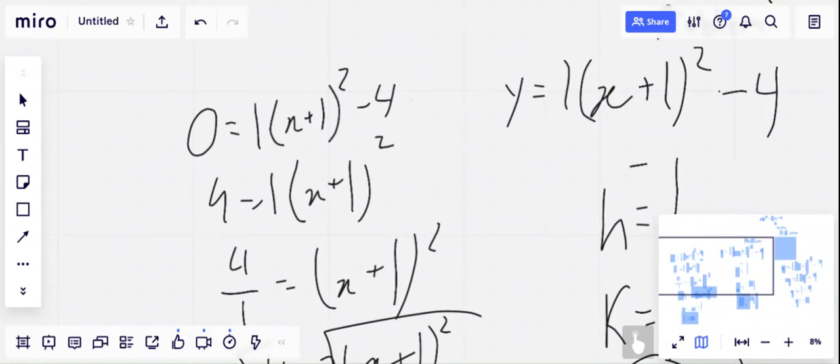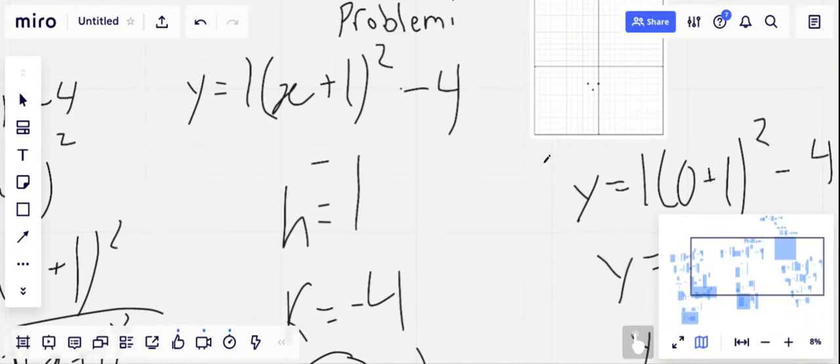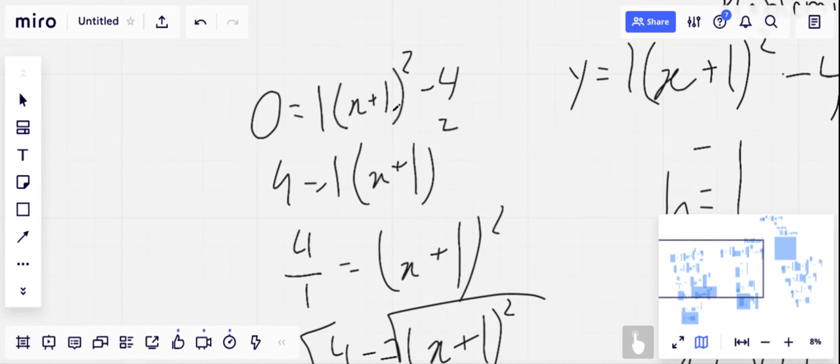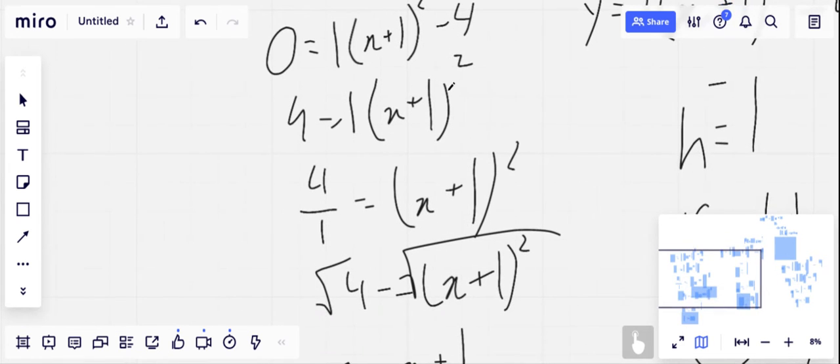When we're finding the roots, that means we're finding the place on the x-axis where the parabola intersects. On the x-axis the y value is 0. Previously I stated that on the y-axis the x is 0. Now on the x-axis the y is 0. So if we equate this vertex form to 0, then we can solve for x. So 0 is equal to 1 times x plus 1 whole squared minus 4. If we add 4 on both sides,